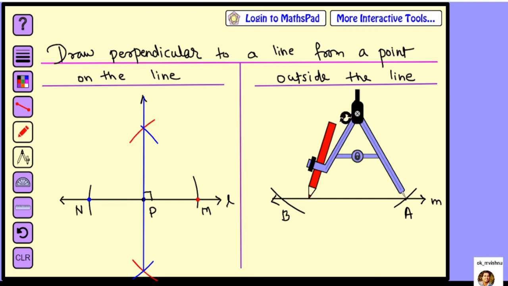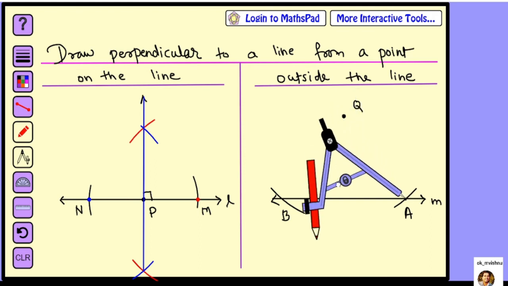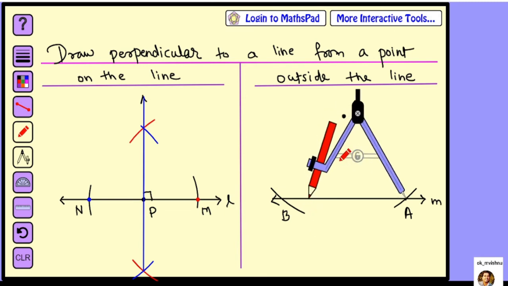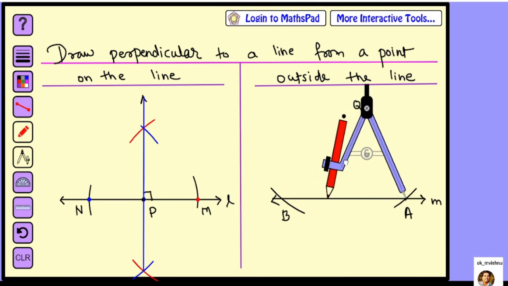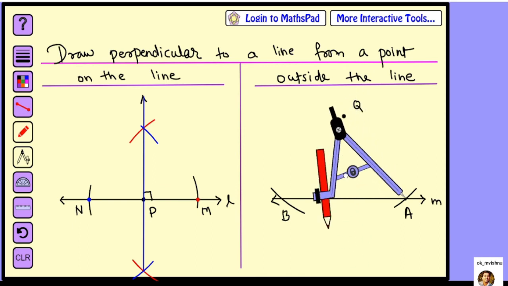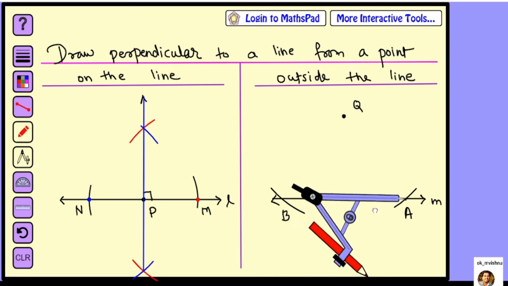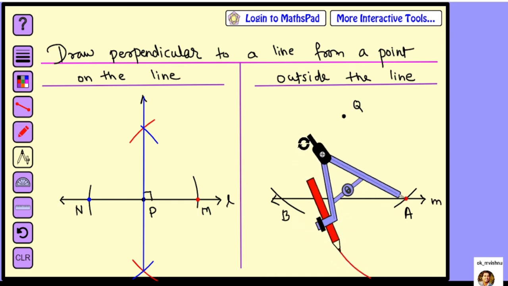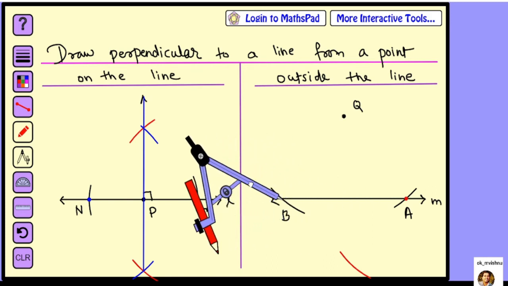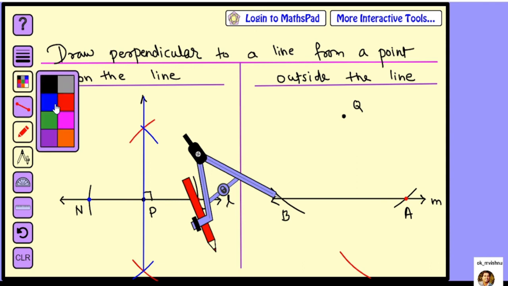And now above you already have this point. So we'll be taking arc below. You can take arc both the sides, but preferably we'll be taking arc below. Here I'm reducing the distance because it is going outside the area which I'm using for drawing. Right. So here I've taken one arc and another arc from point B.